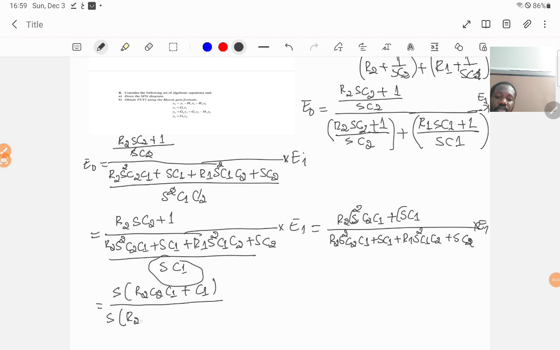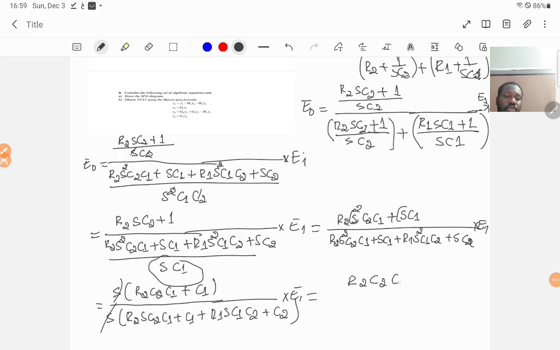That will have R2 S C2 C1 plus C1 plus R1 S C1 C2 plus C2. We will simplify them, so we will get R2 C2 C1 plus C1 over,